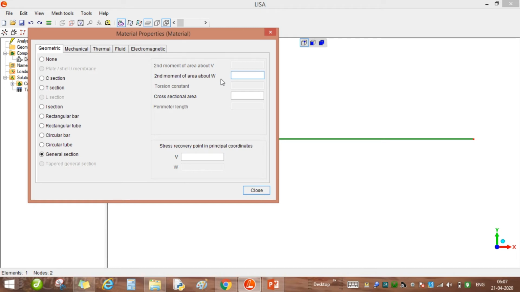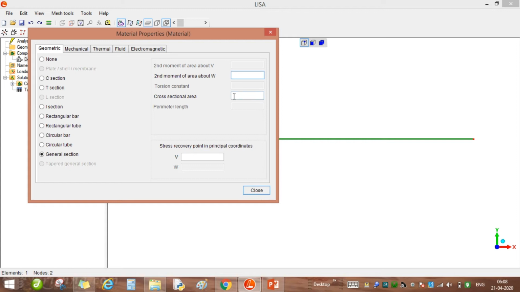That is about W, which here means about the Z axis. When it is V it means about the Y axis, and U will not be part of it, because that is the polar moment of inertia. So you will find here second moment of area about V and about W, corresponding to the Y and Z axes.